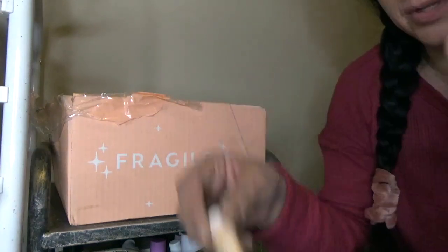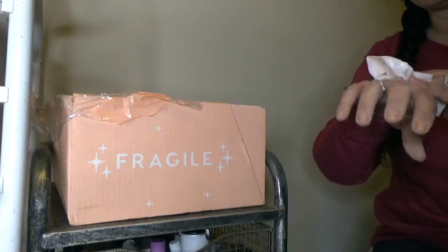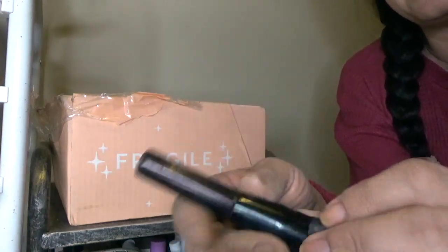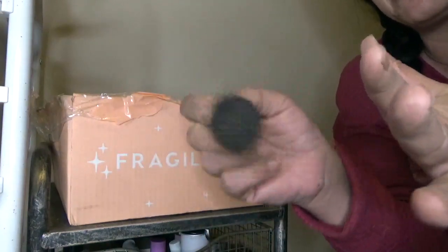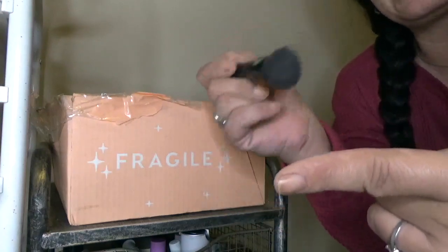I'll keep her around. I think I'm going to concentrate on using all of my babies up because they are taking up some room. Here's the little baby brush that came with the Evanescence foundation as well. She needs to be washed, but this was a cute little baby buffer brush. But what I found when I was using it with the foundation, the more I buffed, it